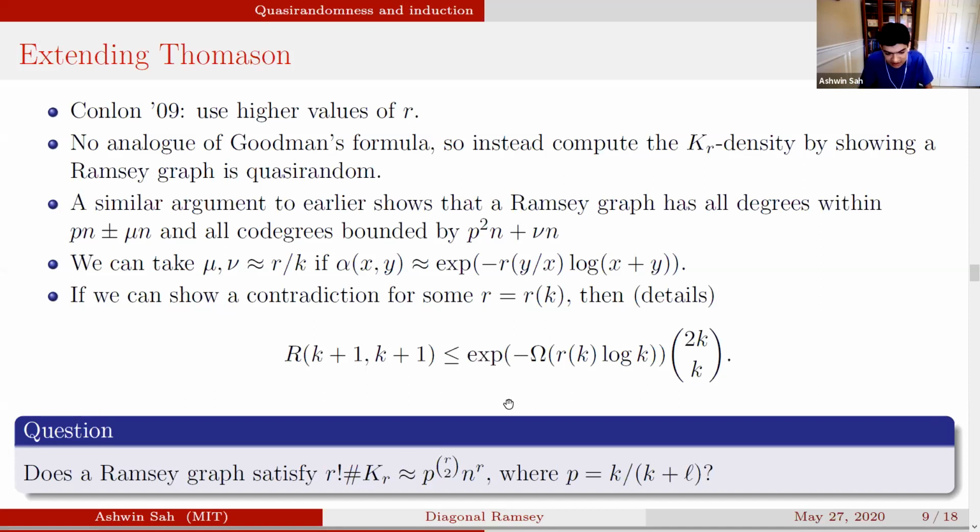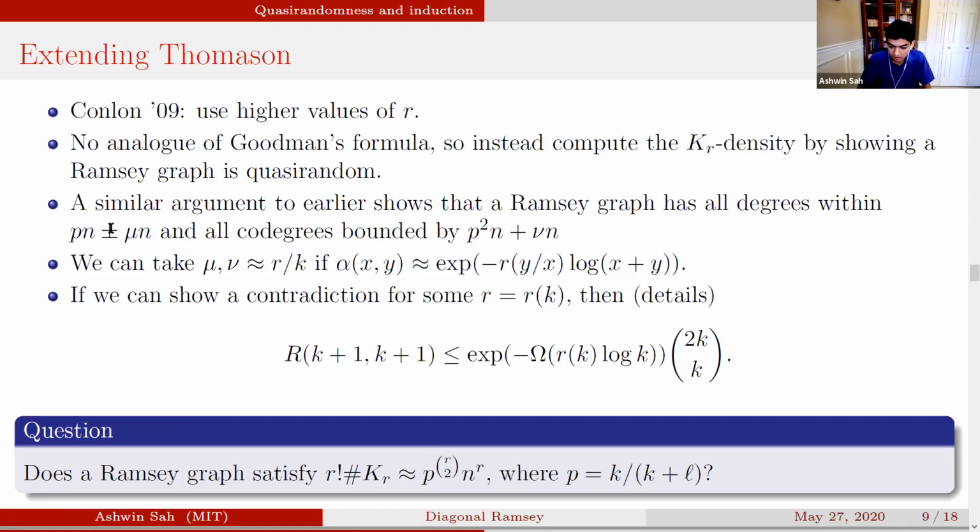Secondly, in this question, we've reduced to the point at which we don't need to use the Ramsey property as strongly anymore. In order to have these clique counts be correct, really the thing that matters is this quasi-randomness. Knowing that these are bounded and that these degrees are close to p, you can see pretty easily that the C4 counts are what they should be. Even though we only have an upper bound on these co-degrees, since we have a lower bound on these degrees, it all works out.